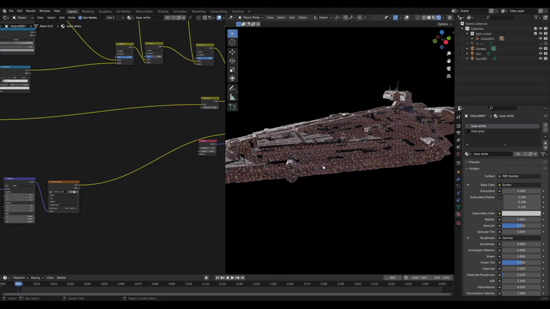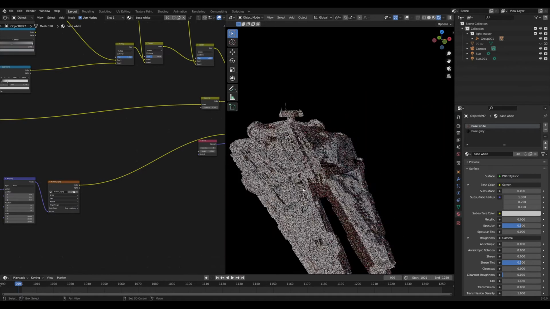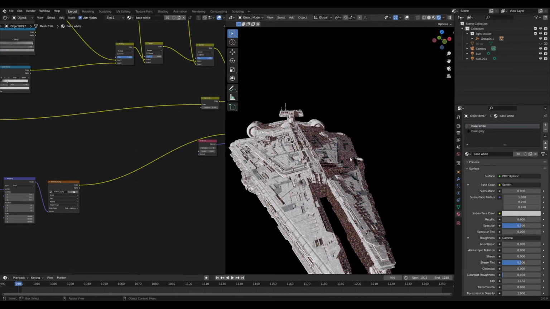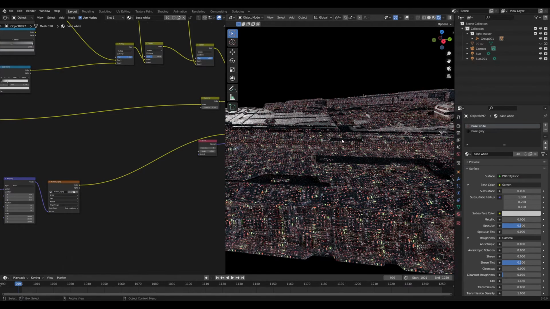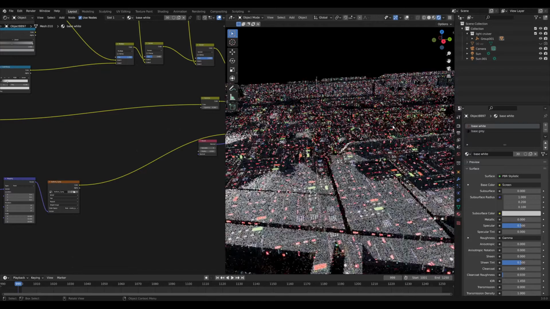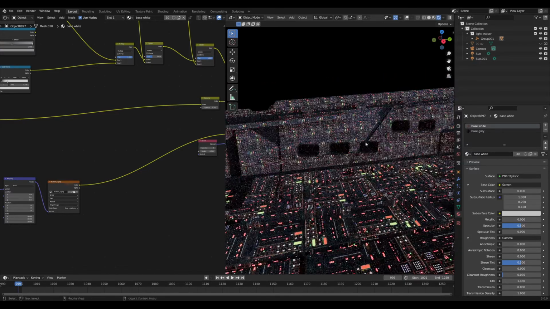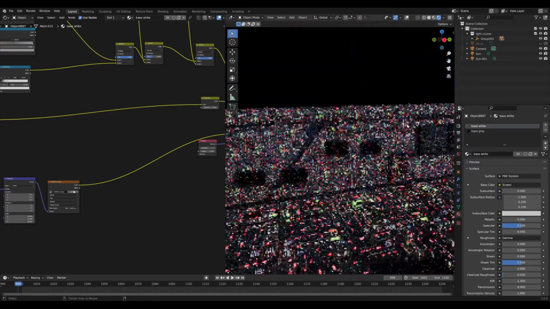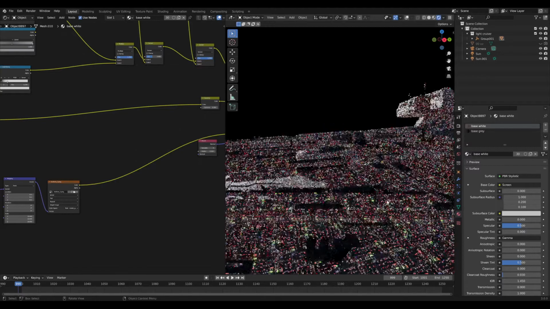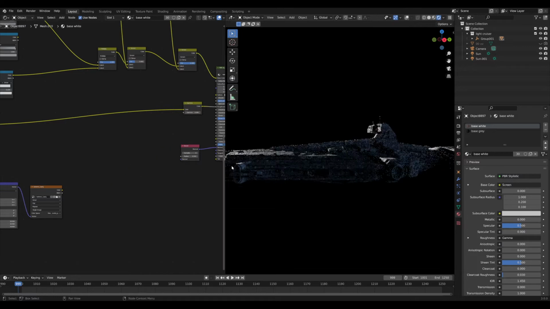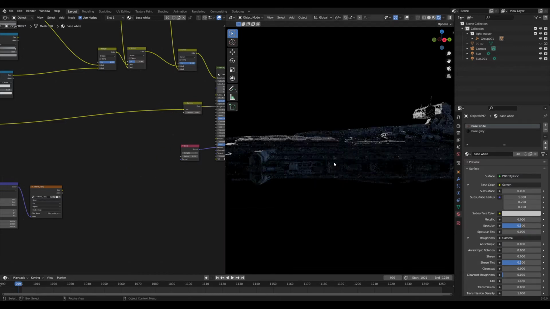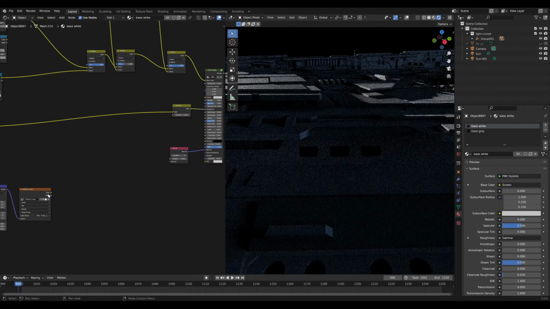So all we have to do now is somehow separate the outside of the hull from the inside. And let me show you a really cool trick to do that. If I just find some windows again, we'll go to these ones up here. You can alt middle click anywhere, by the way, to center your view to that point. So where do we have some windows? Here we go. If I just center in right here,